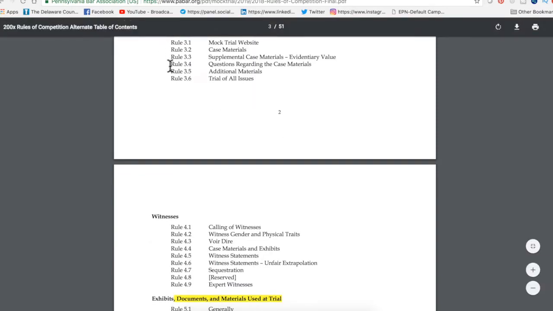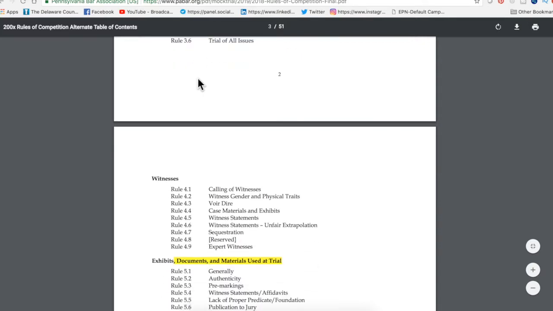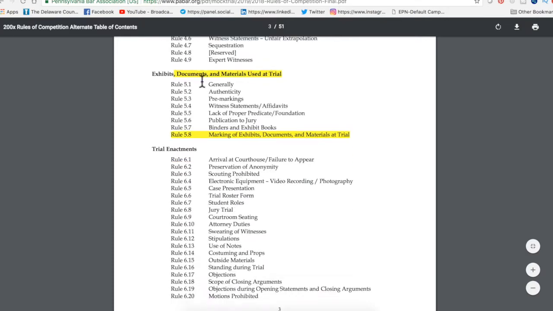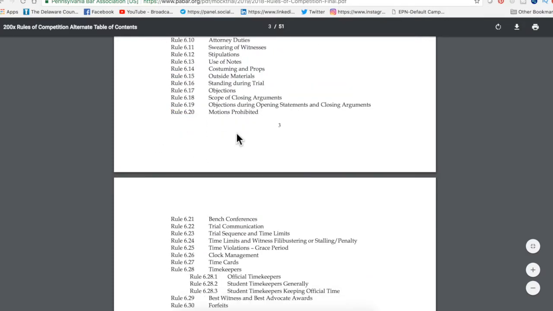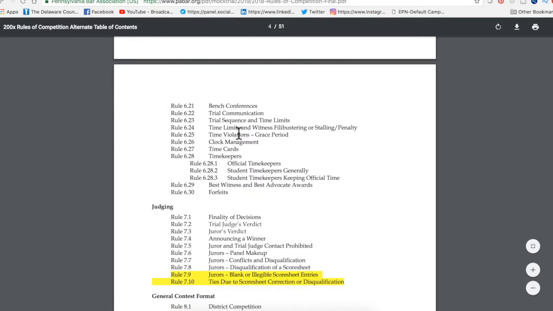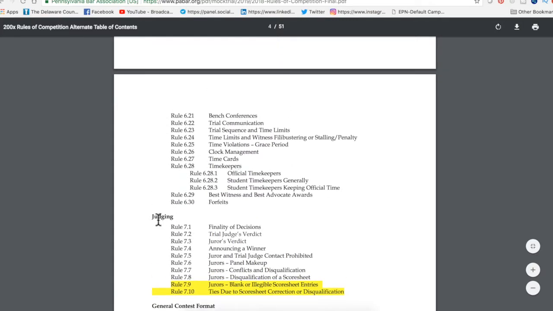Rules 3, 4, 5, 6, and 7 focus on the case material, witnesses, and the trial. And rules 8 and beyond focus on the tournament competition. So you can focus on the earlier parts of the rules in your initial rule review.